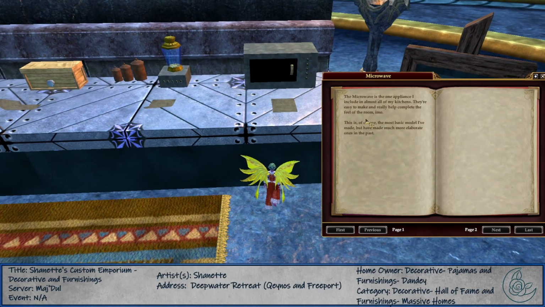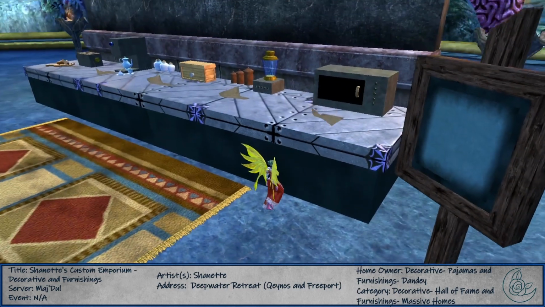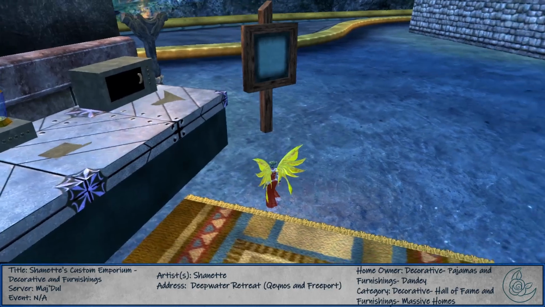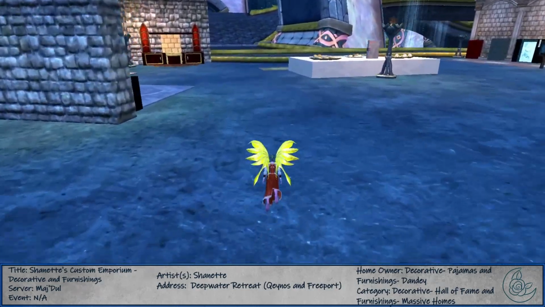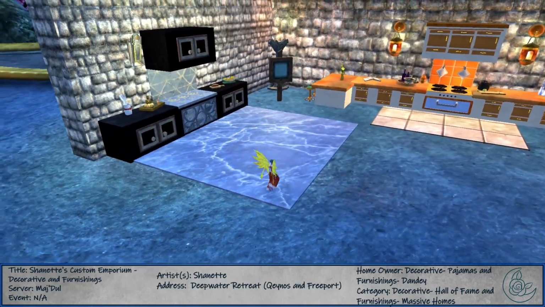The microwave is the one appliance I include in almost all of my kitchens. They're easy to make and really help complete the feel of the room, in my opinion. This is, of course, the most basic model I've made, but I have made much more elaborate ones in the past. Yes, and we've also seen ones where you can see its side. They don't give us appliances in game. We have to create our own, and especially if we want them to match the colors of our kitchens. Absolutely. And then finally, we are here at the different